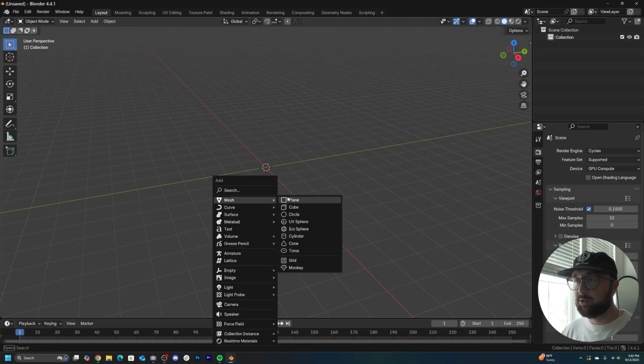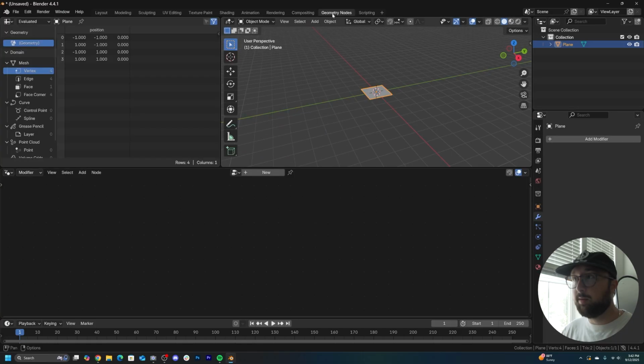So let's just create the displacement that's going to make that map look right. We're going to start out, hit Shift A, get a plane. I'm going to hop into the Geometry Nodes workspace, and what I always do, because I'm allergic to saving preferences,